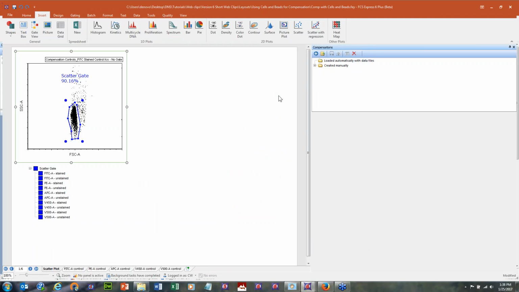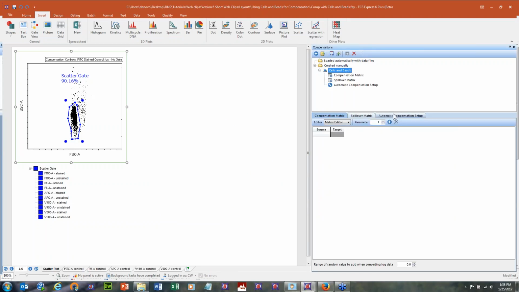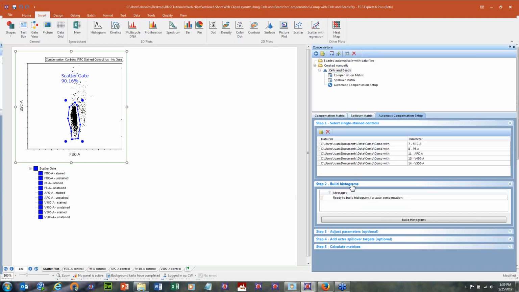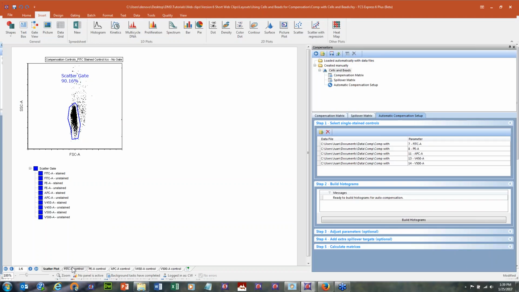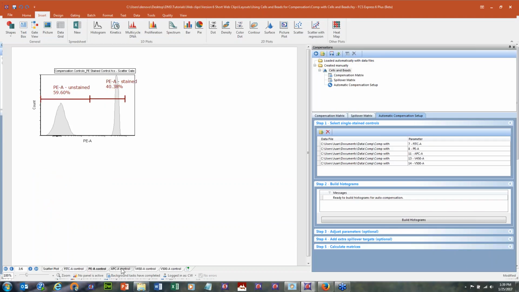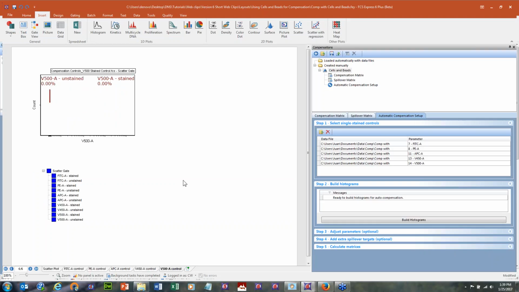Okay, so this is again the auto compensation setup that we already understand how it works. I'll just click on it to refresh your memory. So the user here put in their single stain controls, and we can click through and see all of the parameters. So basically in this experiment, most of the parameters here are on beads. Okay, you can see from that scatter gate that that's on some beads. Okay, so these all look fine. That looks fine too. But this one here, this last parameter, V500, doesn't have any